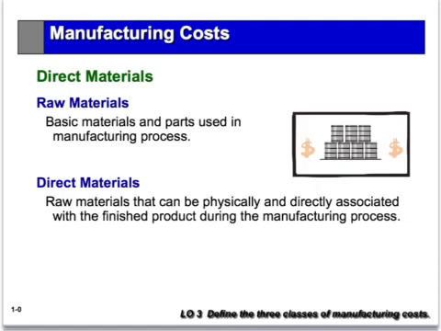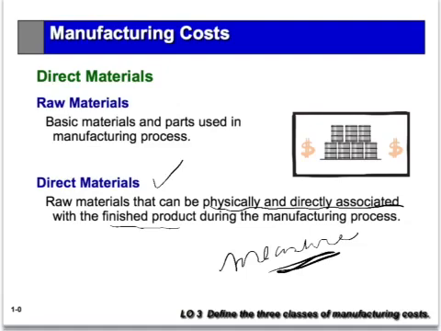To begin with, we have what are called raw materials. These are the basic materials used to produce my desk, like wood, laminate, steel, and glue. We further categorize the materials into what we call direct materials. These are the materials that we can physically trace and directly associate with the finished product. We can measure exactly how much wood went into the manufacture of the desk,